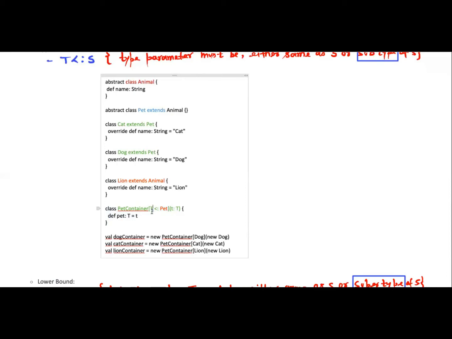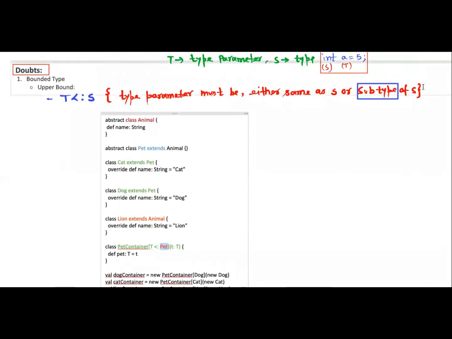So whatever type parameter this class expects, it will always be within the upper bound of Pet. It means you either send Pet or the subclasses of Pet. A subtype of S means you either send Cat or Dog, or you directly send an instance of Pet.